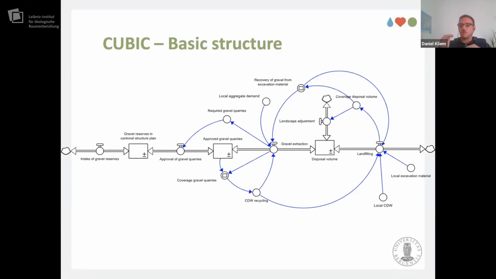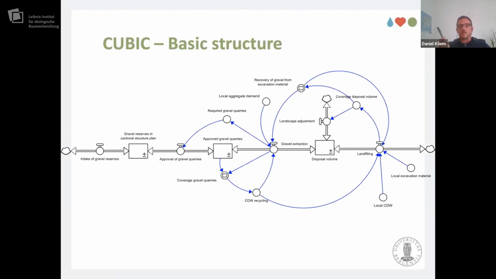So if our disposal volume is getting scarce, it's attractive for companies in a region to increase the recovery of materials because there is no volume for disposal. And if you recover more material, you don't need to extract that much gravel because it's also not attractive for a company to sit on a pile of gravel. And on the bottom, we see a similar feedback loop where we say that, well, if our coverage of gravel quarries is reduced, the same happens to the construction and demolition waste. And what's interesting is that,